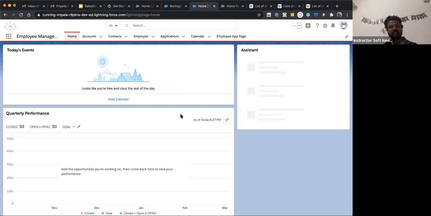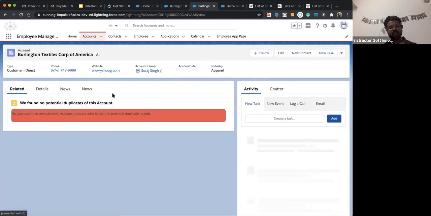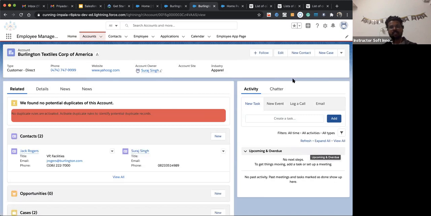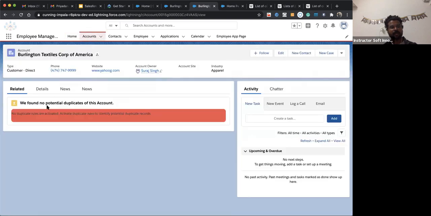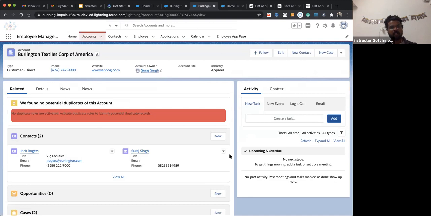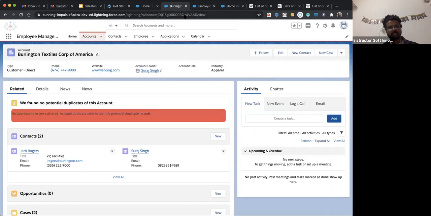And we have a homepage app. These are the Lightning pages. In short, we can say that home is also a Lightning page. Account record is also a Lightning page in which we are showing all the out-of-box components, and we can customize those components. We can say Lightning app page. These are all Lightning app pages. This one is a home type Lightning app page. This is the record type Lightning app page, and this is a custom Lightning app page. You can see up here.